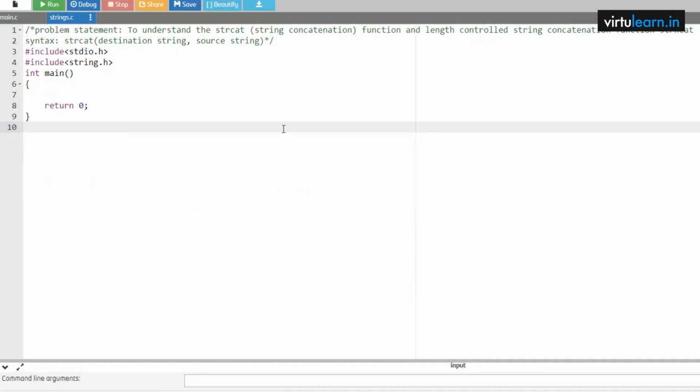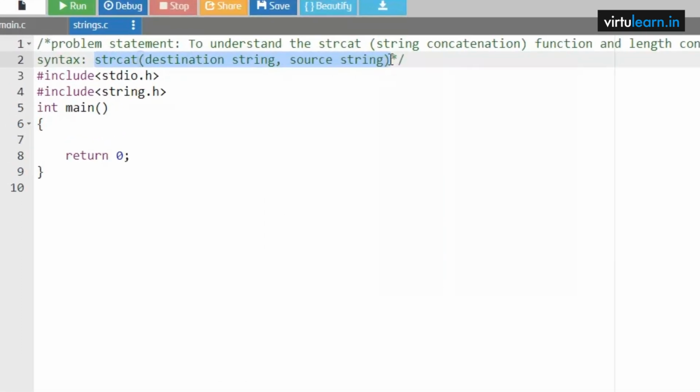The next problem statement is to understand strcat. strcat is nothing but the string concatenation function, and the length controlled string concatenation function is strncat. This is the syntax for string concatenation, that is strcat of destination string followed by source string, and